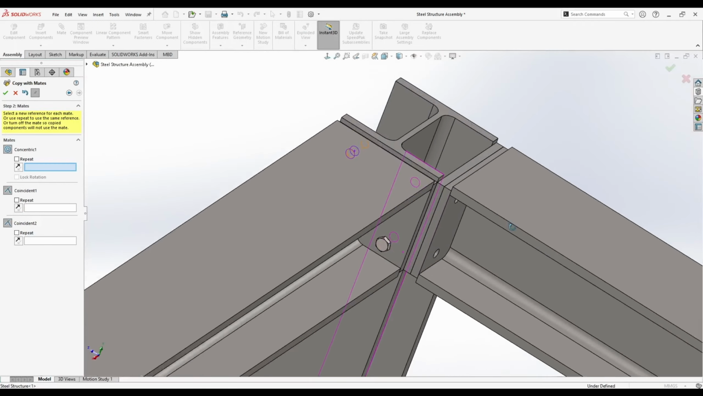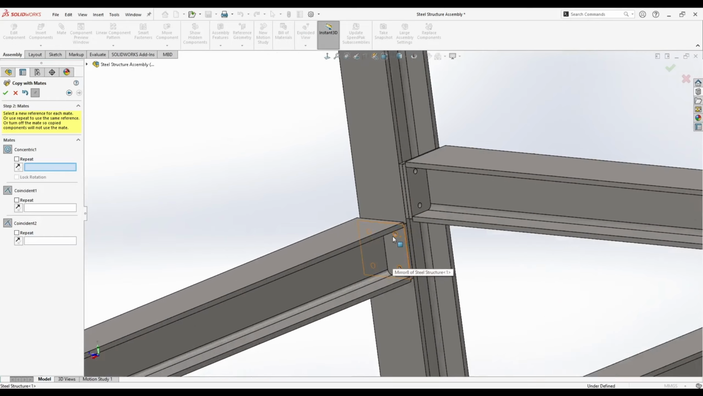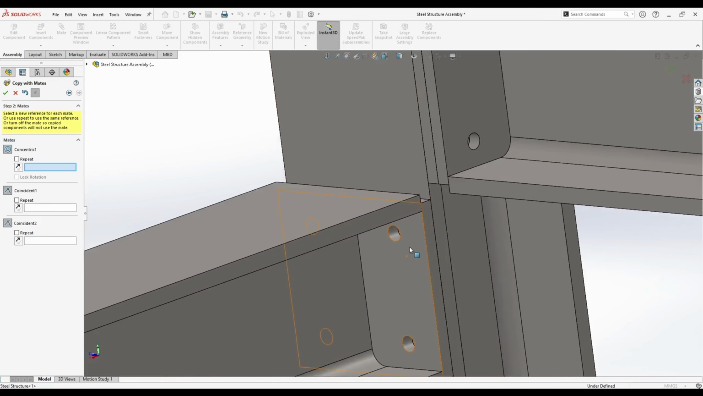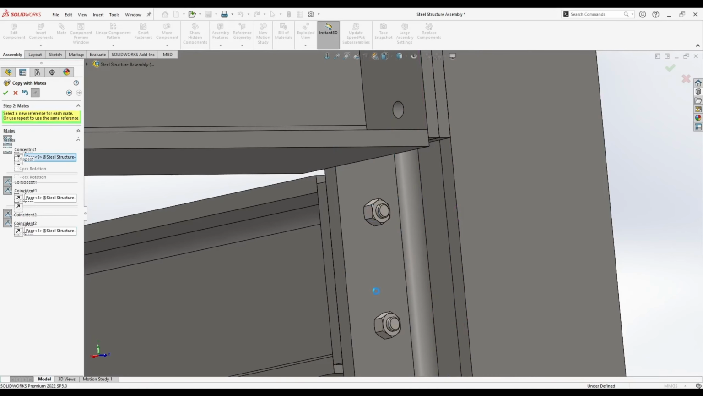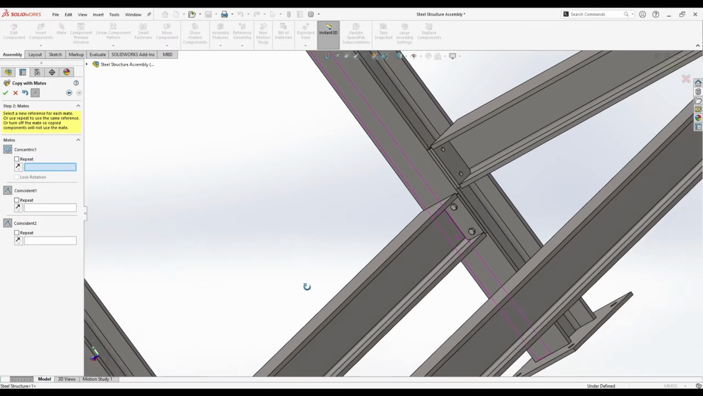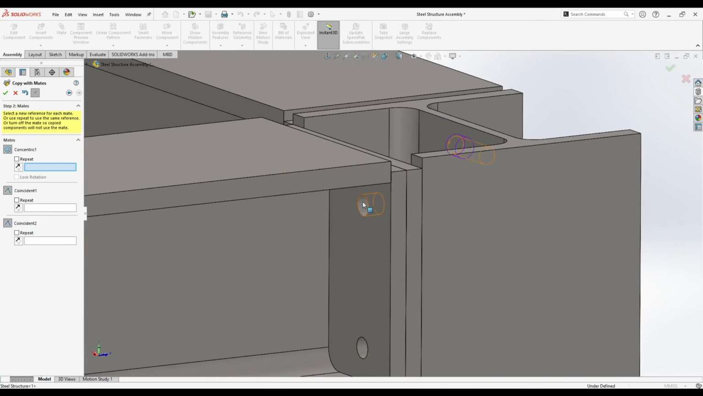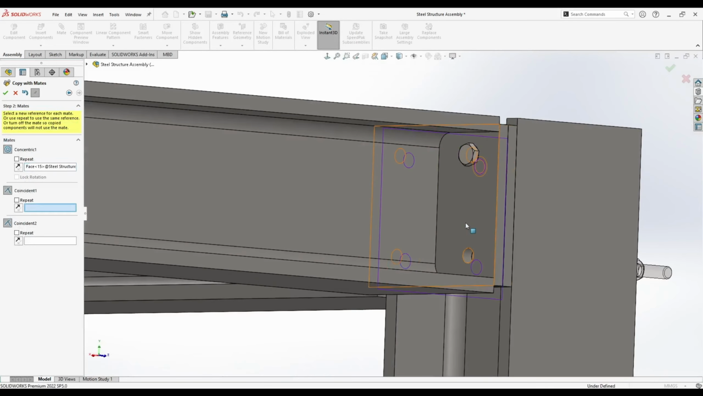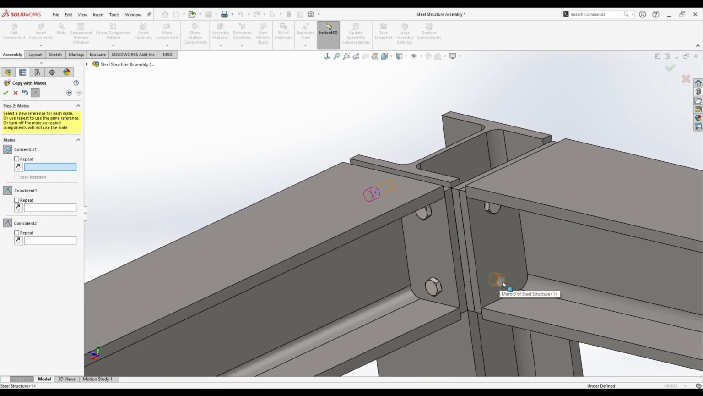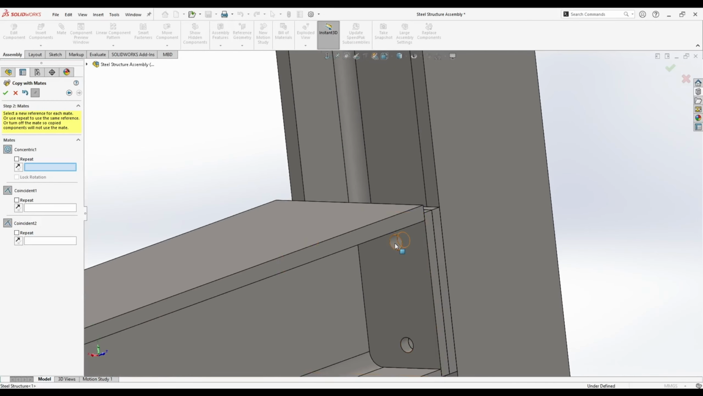And I already have 4 bolts. Now I will just continue until I have finished putting bolts in this pillar here. After that, we will use a mirror command to put them on all 4 sides. This side of the pillar has bolts in all holes. Now we can do it here. And here below,